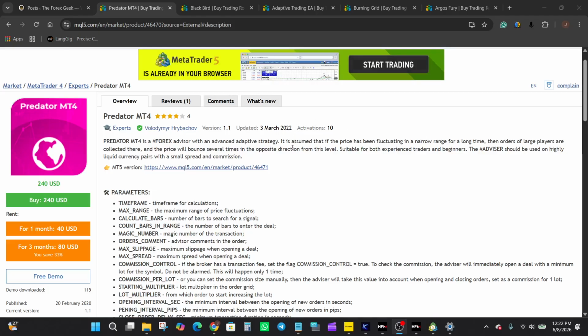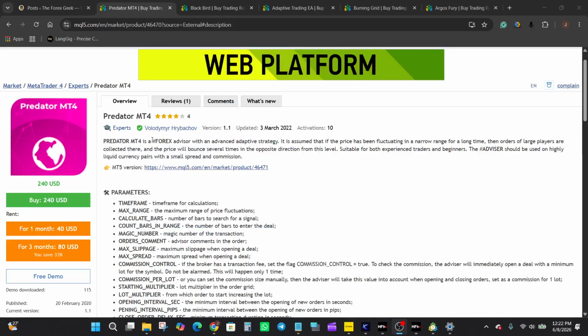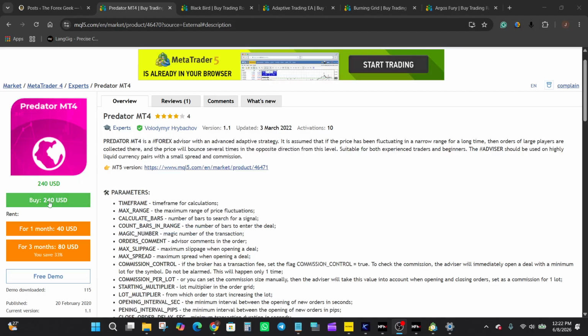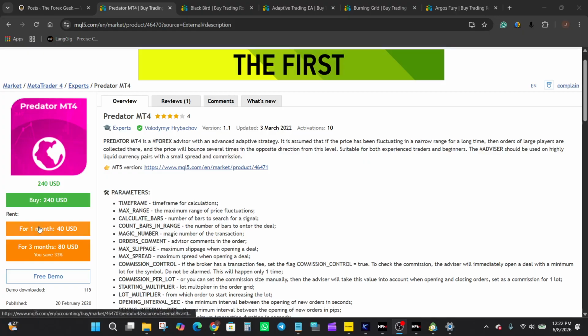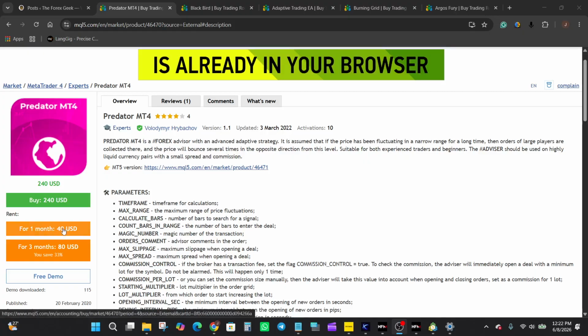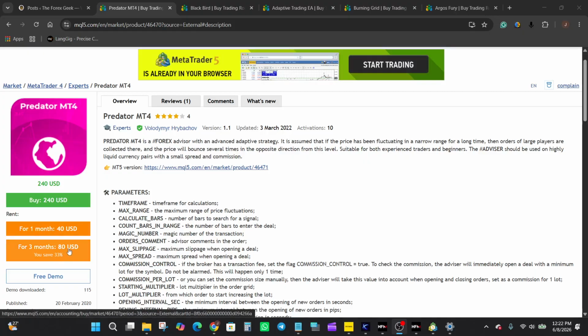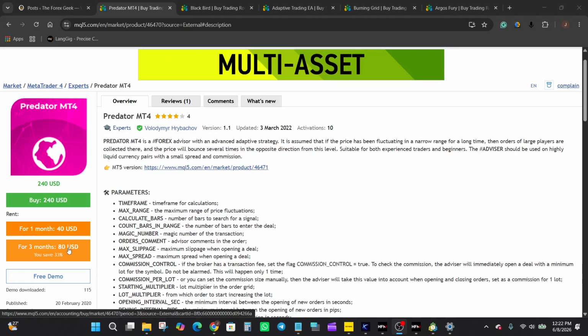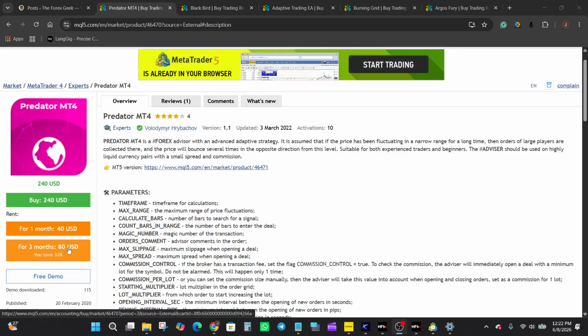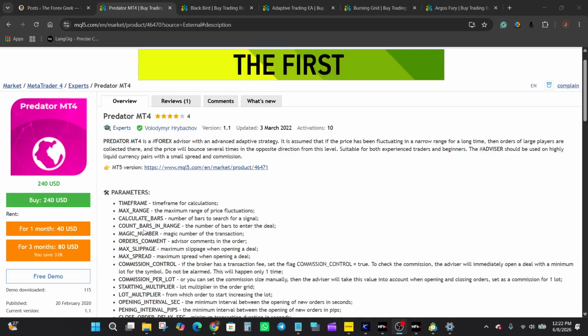Right here, we are looking at the Predator EA listing. I can see it's priced at 240 US dollars with rental options available for 1 month at 40 US dollars and 3 months at 80 US dollars, which gives some flexibility depending on how long someone wants to test it. The developer is offering this as an MT4 expert advisor, so I'll be focusing on that platform specifically throughout this